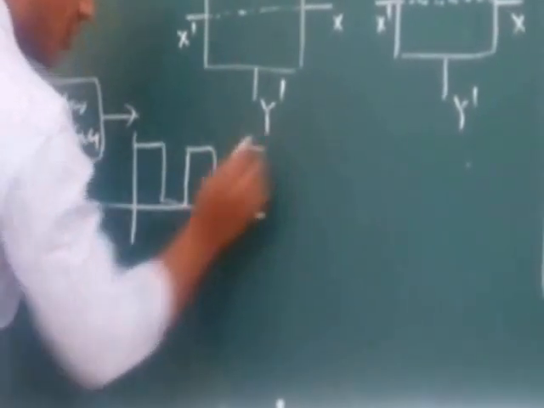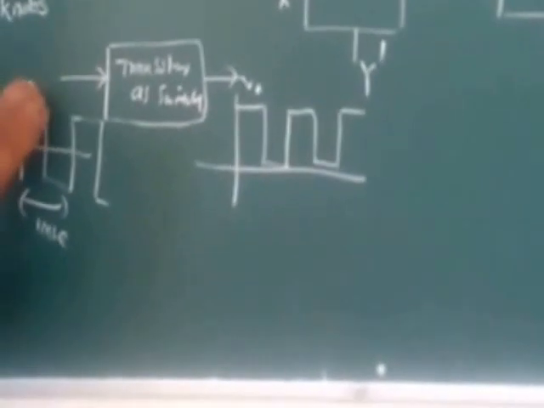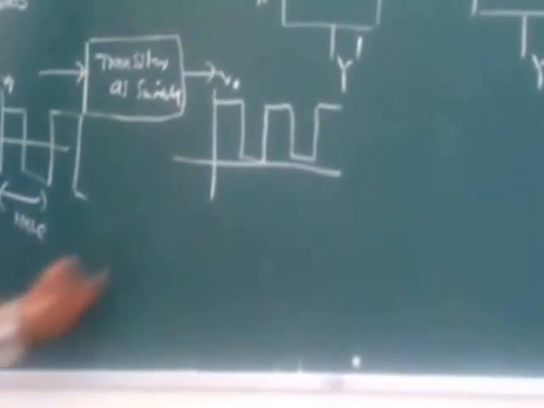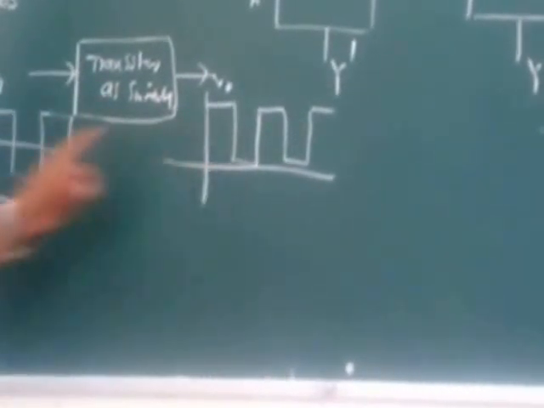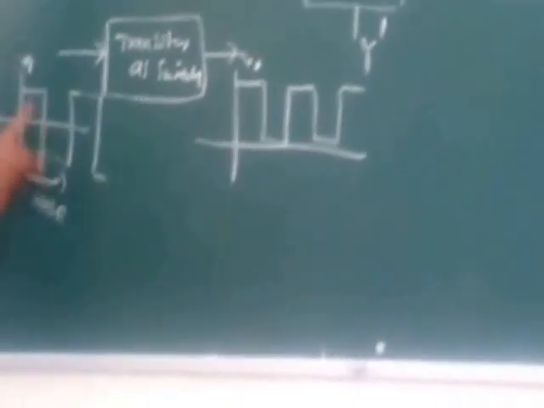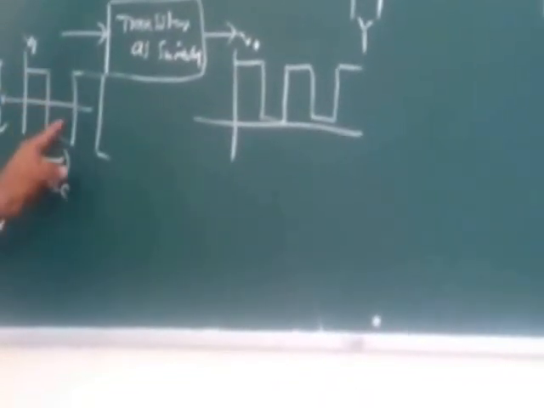In this way we are going to get the output signal. This is the output signal at collector, and this is the input voltage which you are applying from the function generator. This is the input signal, this is the output signal. If you observe these two signals, this is a square wave, this is also a square wave, but in this square wave the positive portion is how much, the negative portion is also the same area. That's why it is called a pure AC signal.